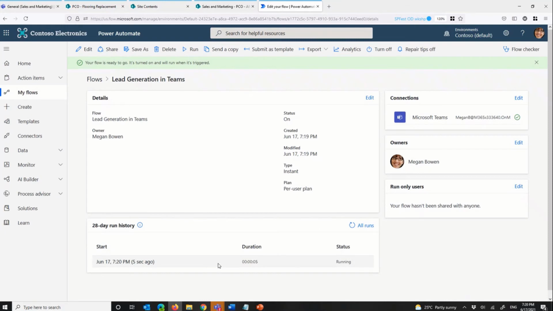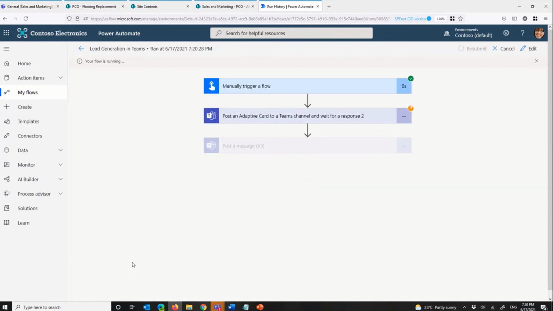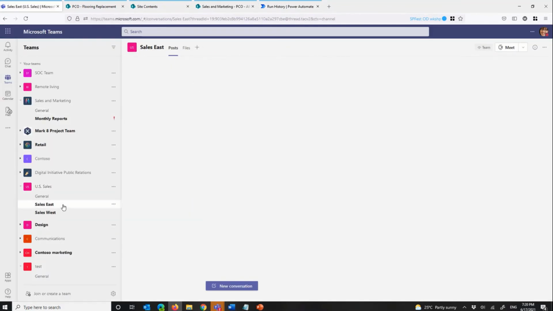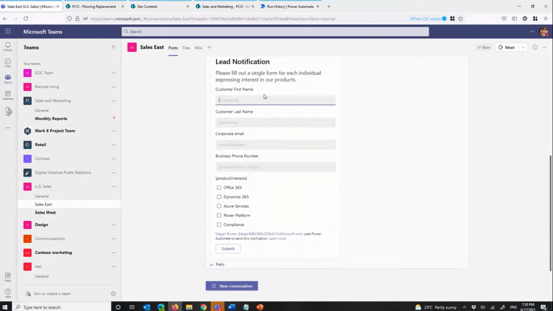If I go into the flow itself, the first step is manually triggered, and you can see here it's waiting. Nothing is going to happen in this workflow until I do something in Teams. So let's jump into Teams here and go to Sales East. And this is the lead notification here. So this is the actual card. If I go and click on start filling the information,